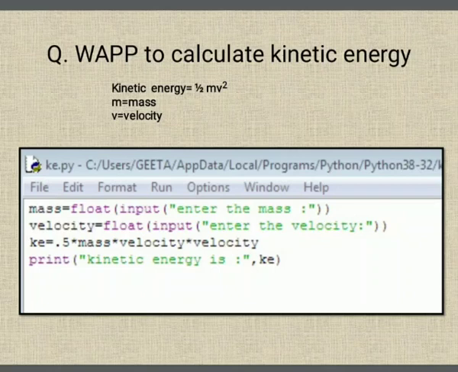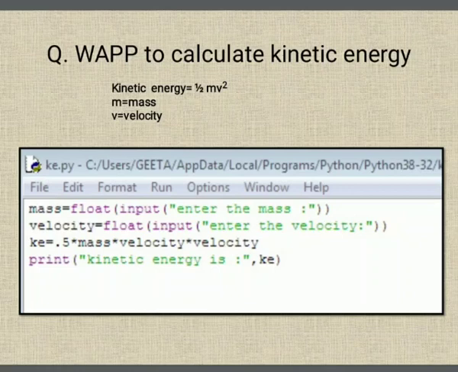So third line, for kinetic energy, we have created a variable Ke. Kinetic energy is equals to, now the formula is half mv square. We have to convert this formula into the proper expression so that Python can understand it. Half means 0.5 into mass is the name of the variable, into v square. For v square we are writing velocity into velocity. We have other method also, we will discuss it later on. Once the calculations are done, the expression is solved, and the value will be saved into the Ke, which is on the left hand side of the assignment operator.